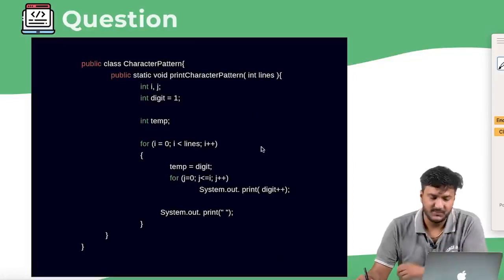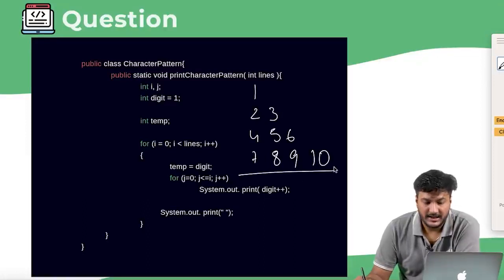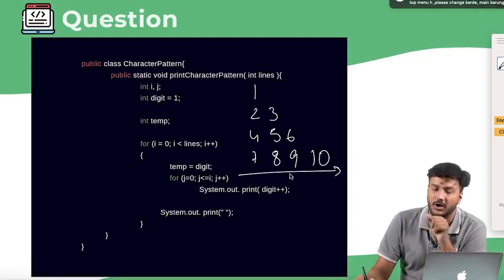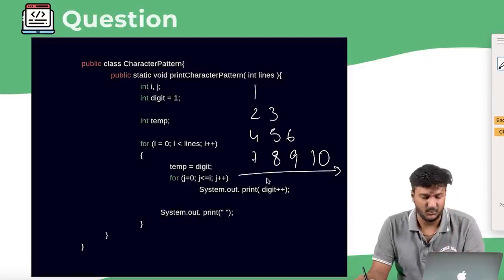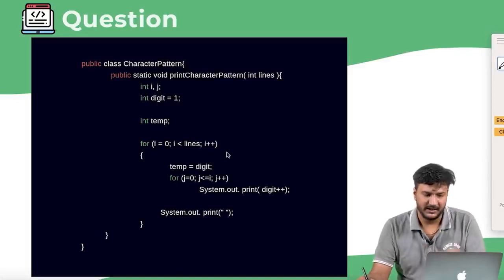So basically what this program would do is it will print 1, 2, 3, 4, 5, 6, 7, 8, 9, 10. So even though this is a good pattern, it's a little wrong according to the expected output, right? So which is what exactly we are doing. Either we can do digit equals 1 before this line, right? Or there's a simple thing, right?